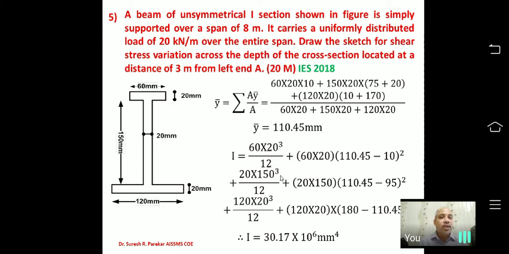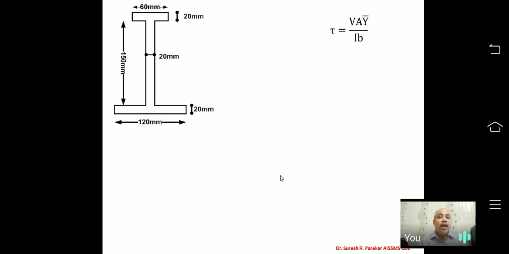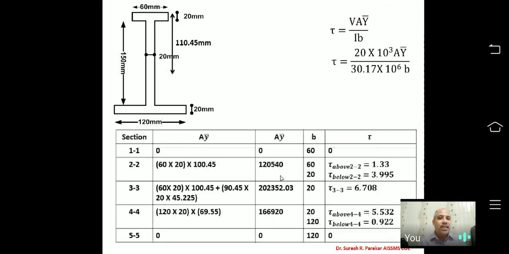Now we have to find the shear force at 3 meter from left. So what will be the shear force? RA minus W into 3. RA is 80, W is 20. So 80 minus 20 into 3, so 80 minus 60, that is 20 kilonewtons. So I have taken directly V equal to 20 kilonewton. Now we are well known with shear force and bending moment, so I will not draw the diagram. Now you can see it one by one step.